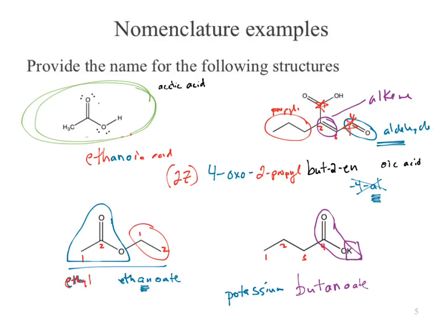Why is it called acetic acid and not ethanoic acid? It just happens, like water. Why do we call water water and not dihydrogen oxide? So the nomenclature system behind it is ethanoic acid. Some acids have common names associated with them. Acetic acid is one of them. You should be somewhat familiar with the common name for acetic acid,